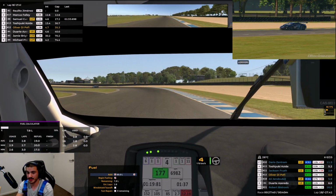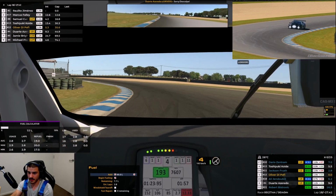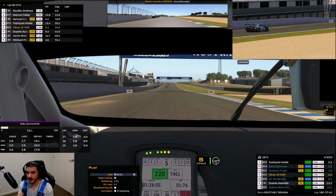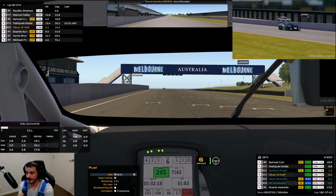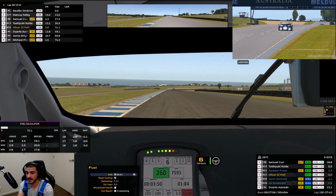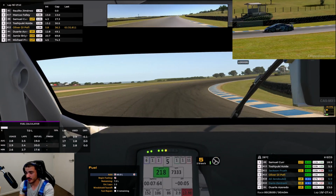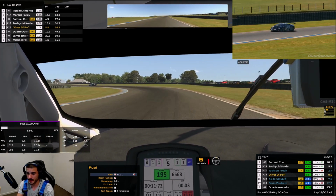Oh, Duarte must have made a mistake. A big mistake. Yeah, disregard what I said. Oh, and Michael had damage, so I might be on for either a P6 or a P7, just depending on how the pit stop falls. P5. I genuinely don't know how much time you lose in the pit. I think it depends on how much you're putting in as well, but...